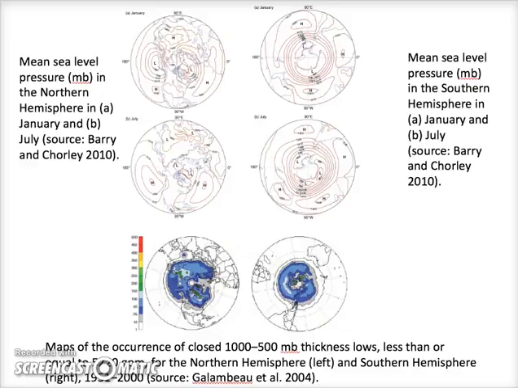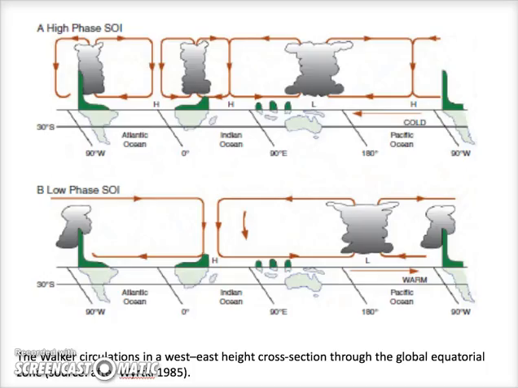The figure shows where many of these tend to occur. Blocking patterns may persist for a month or more, and so are important components of regional anomalies of weather and climate. So the Walker circulation, as you see from here, is in a west-east height cross section through